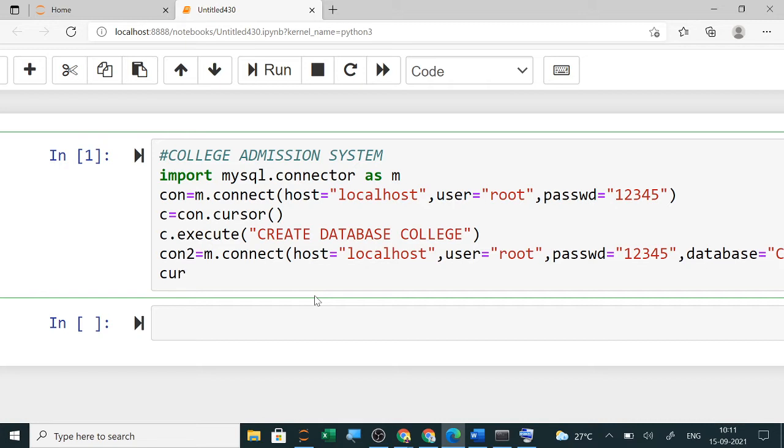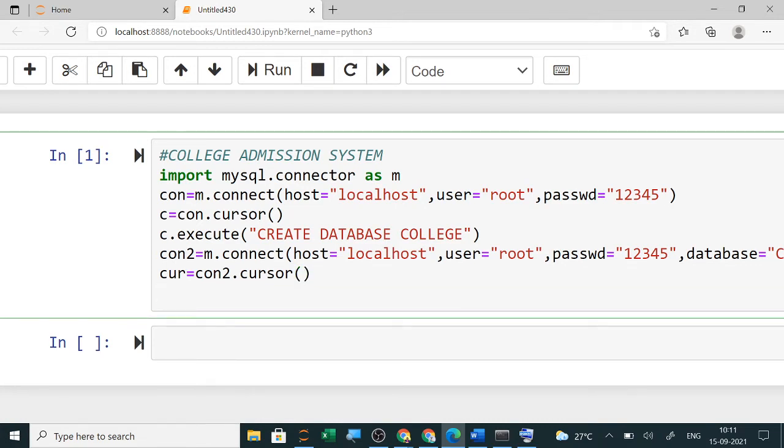Now the cursor you are creating here with this name, so con2 dot cursor. First time a little bit of difficulty you will find, but once you understand then it is very easy. Clear?